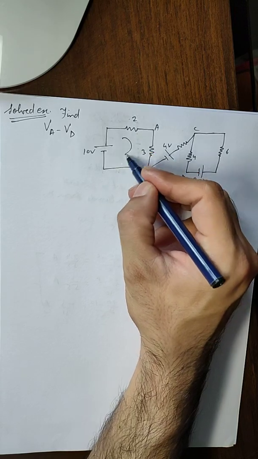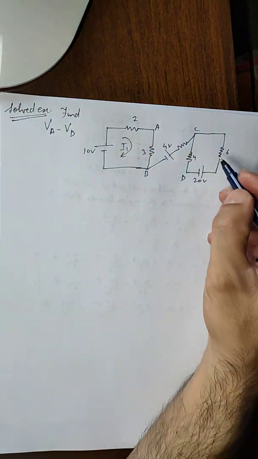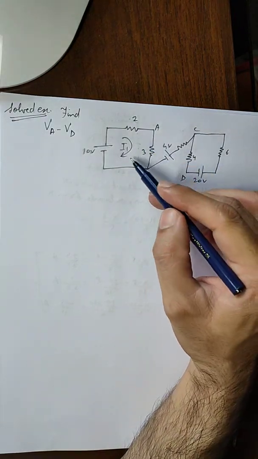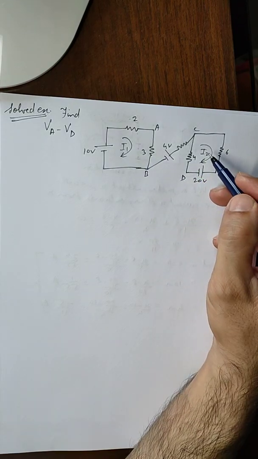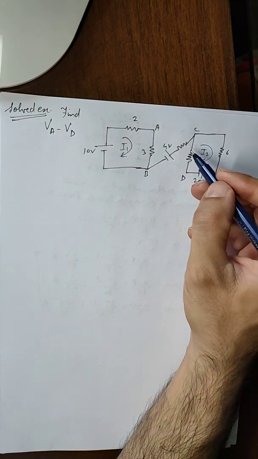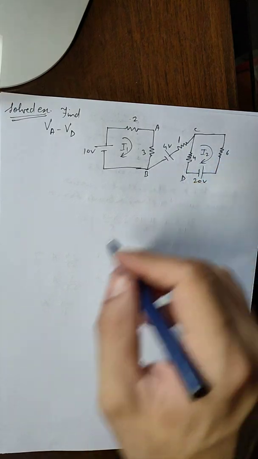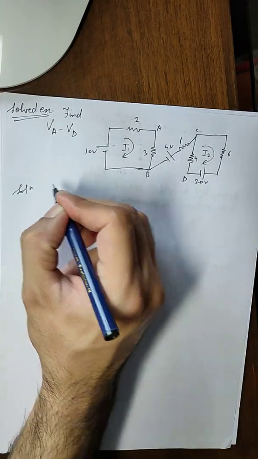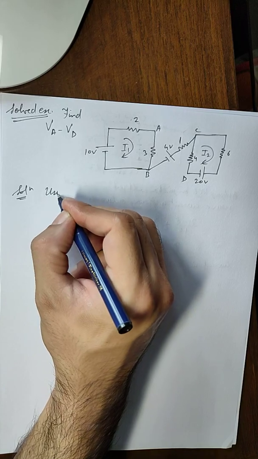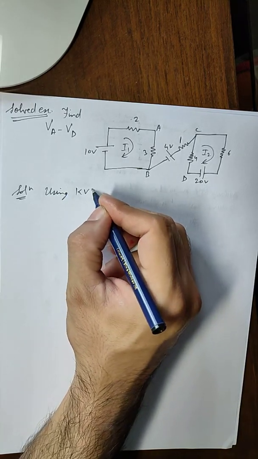So for this loop, let us say this is the direction of I1. I1 current is flowing in this loop in clockwise direction, and similarly I2 current is flowing in this loop in clockwise direction. This is 1 ohm resistor. So here, if we use KVL, using Kirchhoff's voltage law,